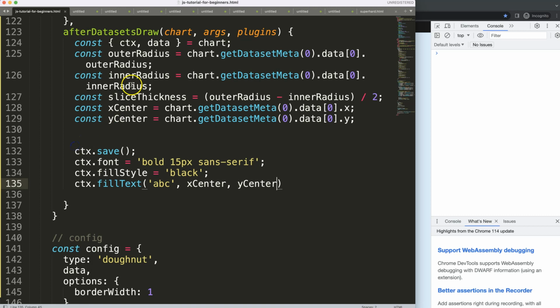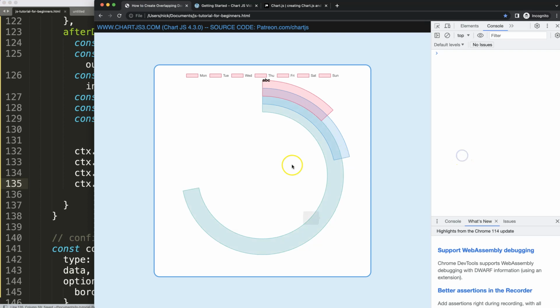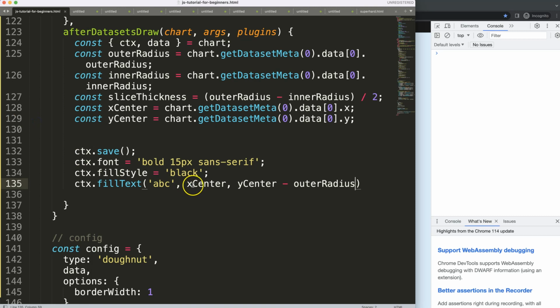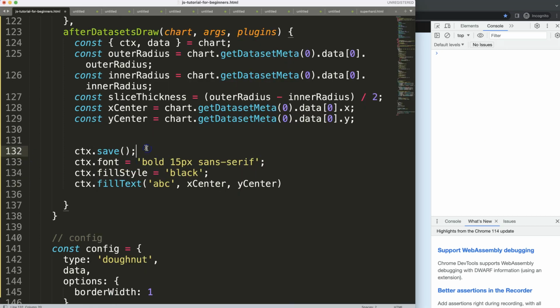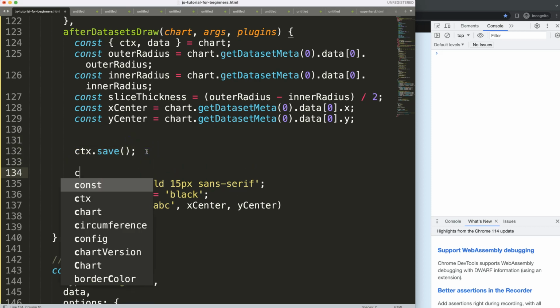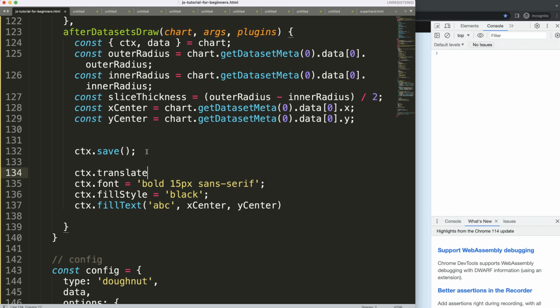But then we have the outer radius. If we want to go up here, we would basically have to move up like that. This will be very confusing with the formula. So what I want to do is set this x and y center to 0, and there will then be a new 0 point here. So what we're going to do is the following. We have the save. This is very important. Then I'm going to say ctx.translate, and our x and y center that we have defined will now be the new 0 point. So basically, if I say 0, 0, and if I save this,